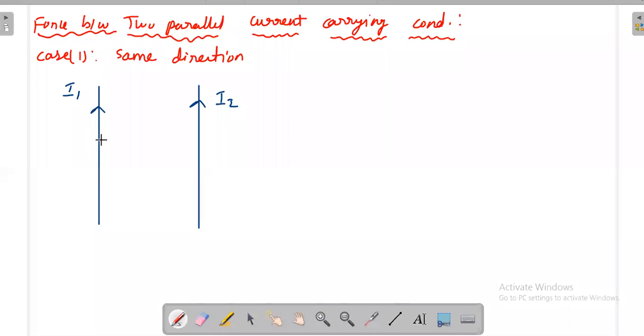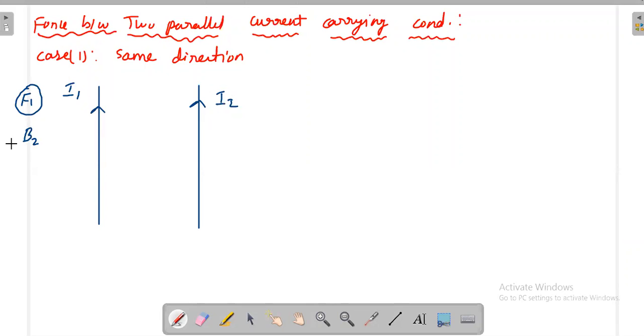What is the magnetic field here? Please note that the magnetic field is created by both conductor 1 and conductor 2. Once current flows on a conductor, it creates its own magnetic field. Similarly, the current in conductor 2 also creates its own magnetic field. But what is the effect of the magnetic field created by conductor 2 on conductor 1? Similarly, what is the effect of the magnetic field created by conductor 1 on conductor 2? That will give you the force. So if I want to calculate the force in conductor 1, I should know the magnetic field here due to conductor 2.